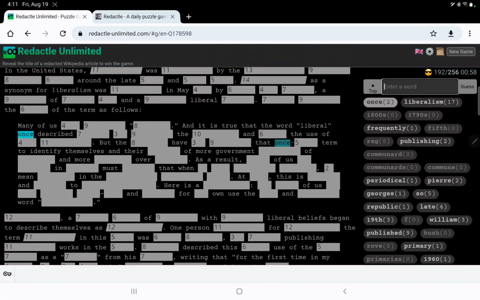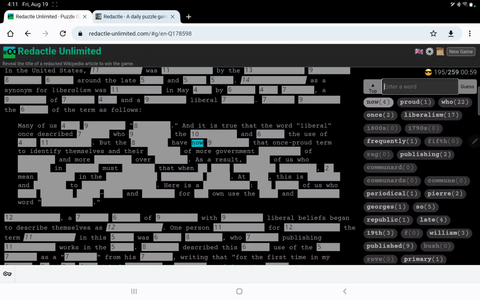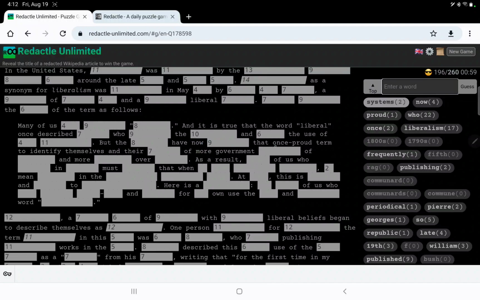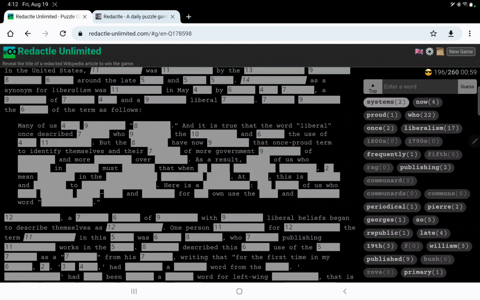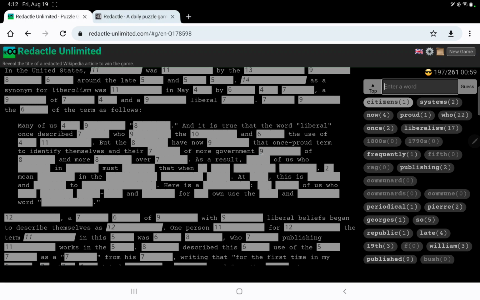The word liberal once described 7 something, those who something the something, but the something have 3-9, that once proud term, have now something, that once proud term, to identify themselves and their systems, of more government, something of 8 and more 8 over citizens. As a result,